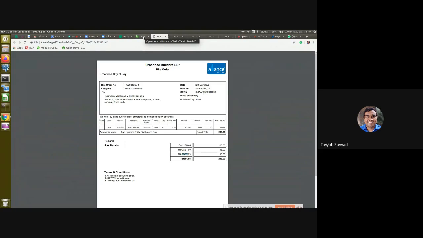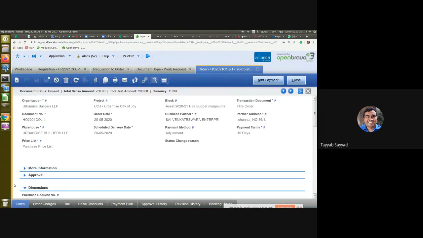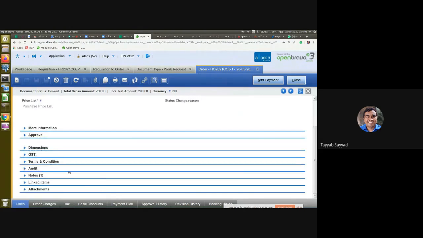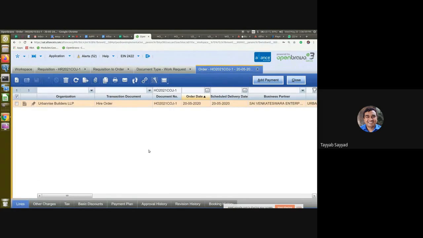So this will be the hire order process, which will be similar to our process for everything. And after this order process, the GRN and the purchase invoicing parts will start.